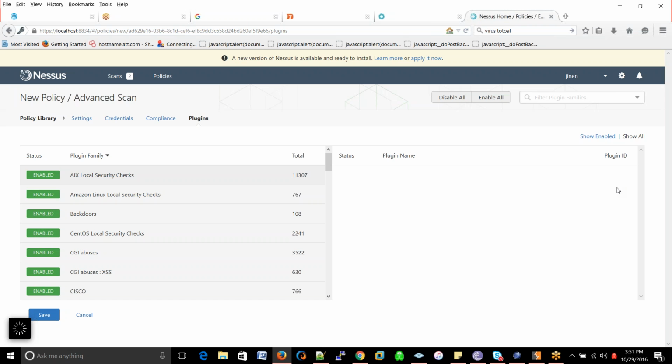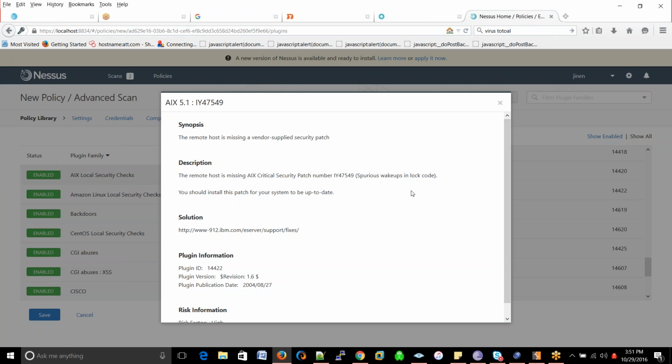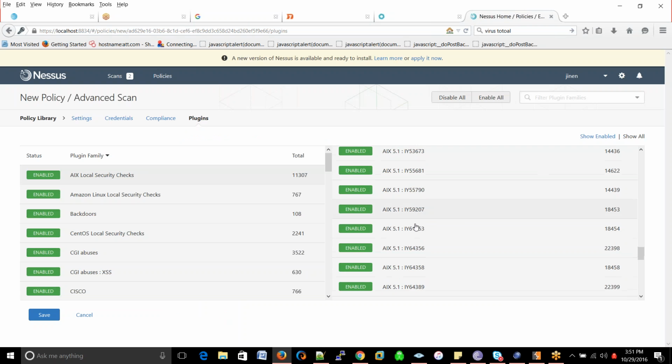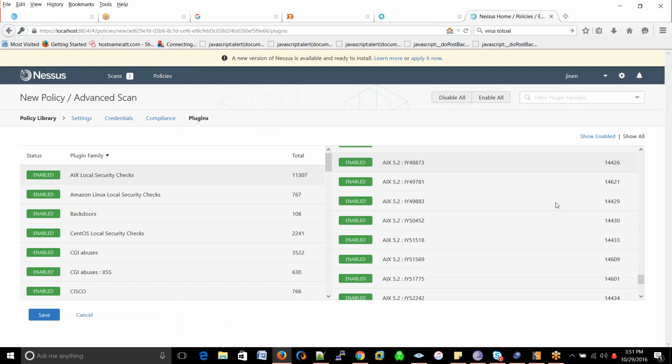If you click on this, all these vulnerabilities will be loaded over here. And this is a plugin ID. If you click on any of these, it will give you detailed information about that particular vulnerability. The remote host is missing a vendor security patch, and the description is this, and what is the plugin ID, what is the risk, it is a high risk issue. If you just Google about this, you will get detailed information about that particular vulnerability. Usually you'll have a CVE ID for everything, but in this case I don't find any CVE